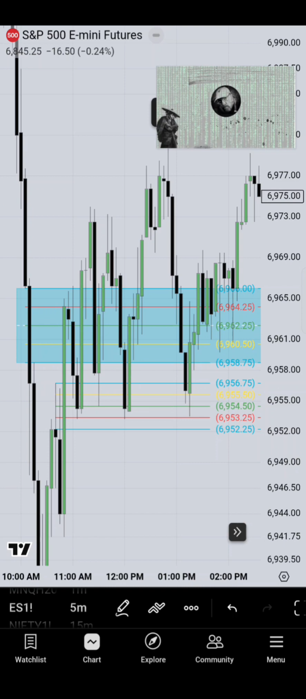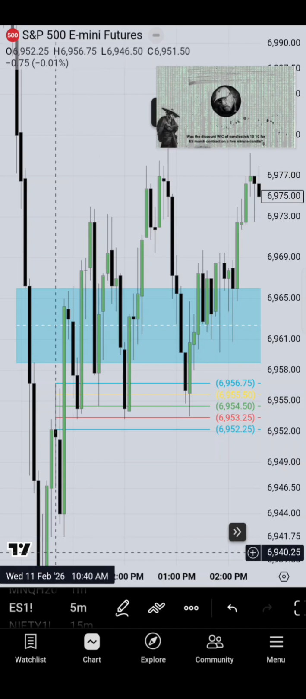Okay. But you did grade that wick, or did you grade the 1040? Was that what we were referencing? If you grade the wick, I would not use that candlestick that they're asking for. Okay. That's the first point. You would not use the 1040 candlestick as the mitigation block. The chart jumped off to me was the discount wick of candlestick 1010 for ES March contract on a 5 minute candle. And if you grade that, you'll see that at the